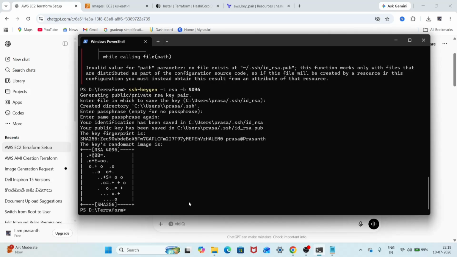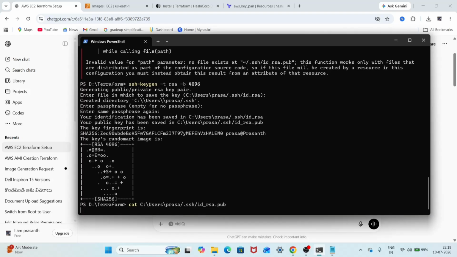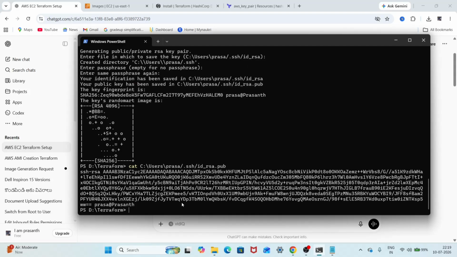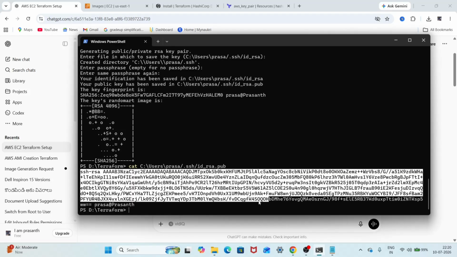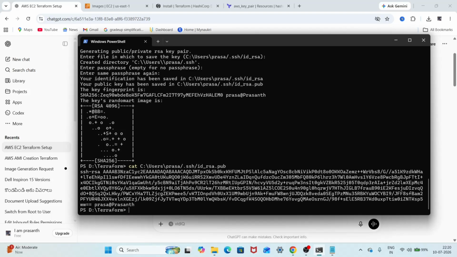So we need to do cat and shift insert. So let's see, this is our public key, so this we need to paste it in. You need to copy this key by pressing shift delete, and you should open your notepad main.tf,